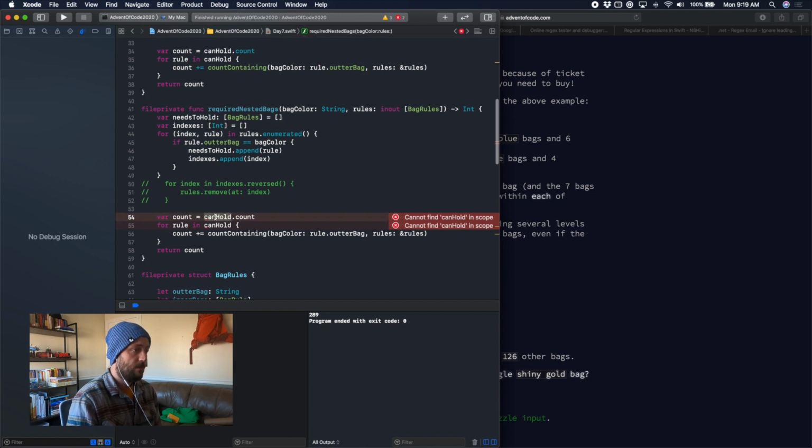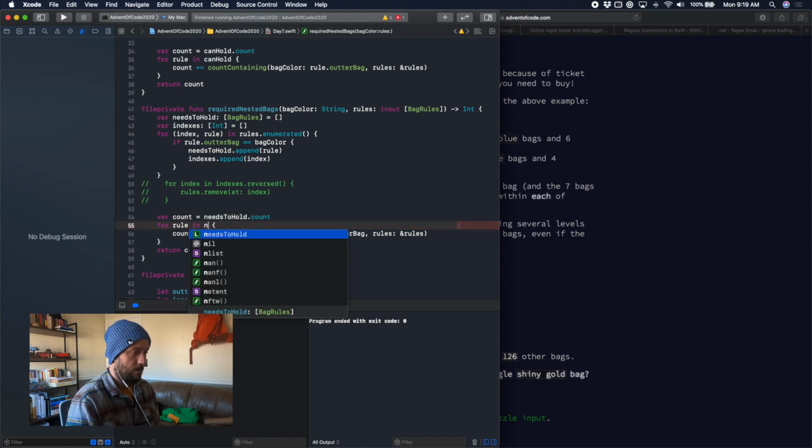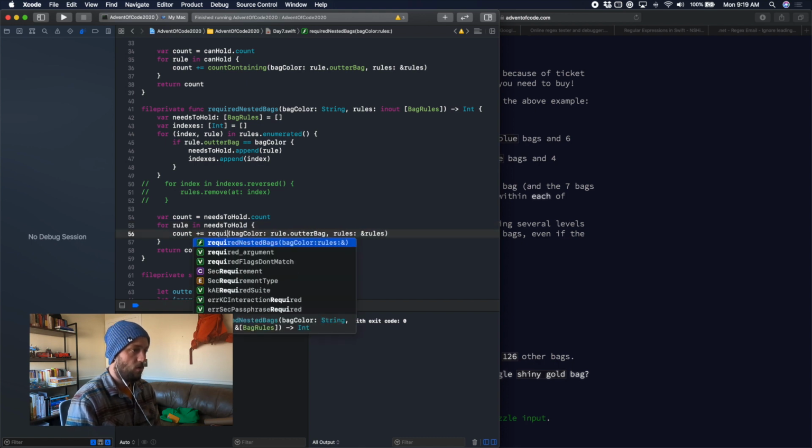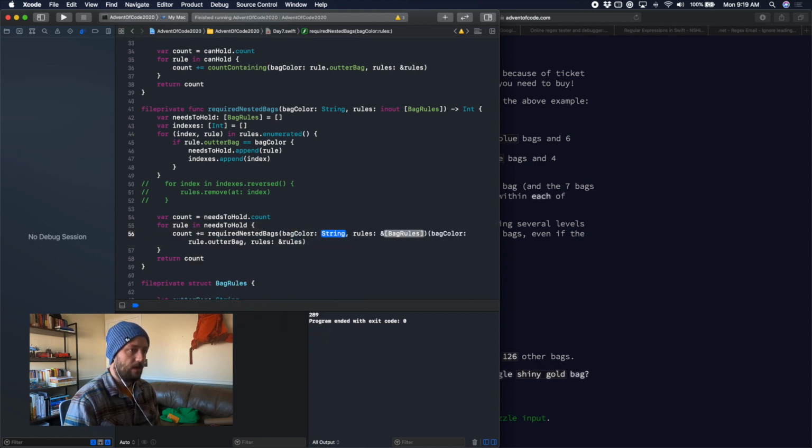This is needs to hold dot count, and then for rule in needs to hold, we're going to say required nesting bag blah blah blah. This might not need to be in out, but we'll find out. And then rule dot